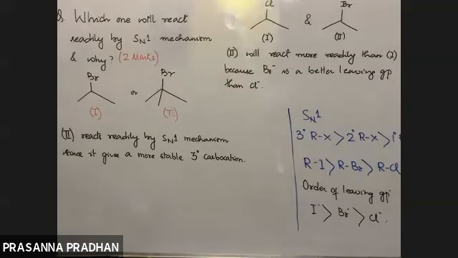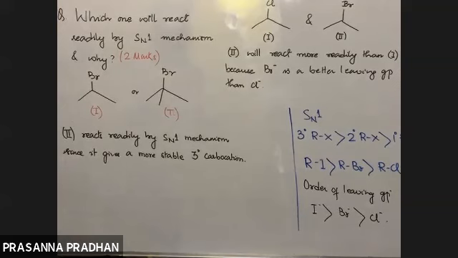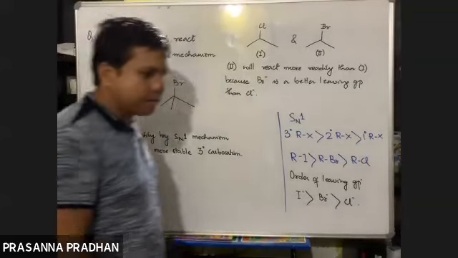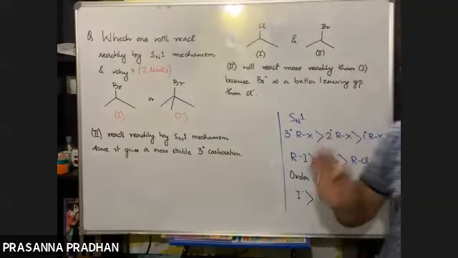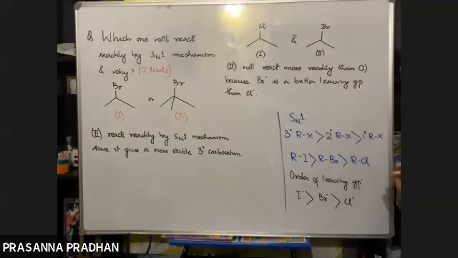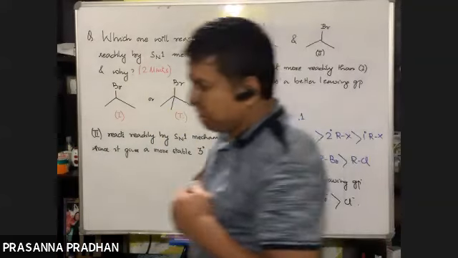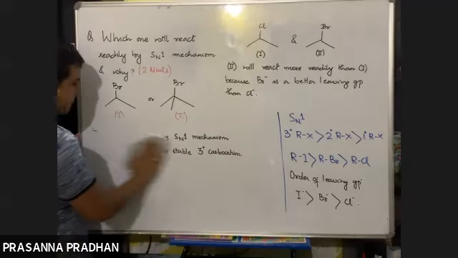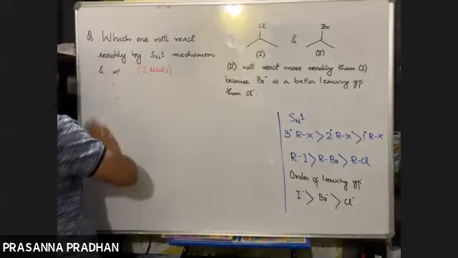Okay, so the SN1 reaction is not over yet. I have written it down: any factor which decreases the positive charge. I have just discussed one factor, the order of reactivity on the basis of carbocation stability. Carbocation stability, I have discussed on the basis of inductive effect. So, are there any other factors apart from inductive effect which bring stability to a carbocation? Apart from inductive effect, are there any other effects which stabilize a carbocation?